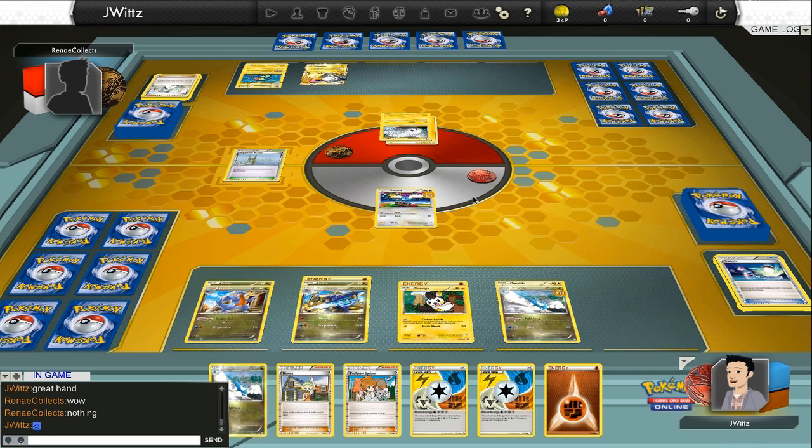So she plays her Sky Arrow Bridge, which is nice, gives all of her basic one retreat cost Pokemon one less retreat cost. And it doesn't really benefit me that much because most of my Pokemon are evolved, and Sky Arrow Bridge only affects basic Pokemon. So she gets the energy on Raikou,